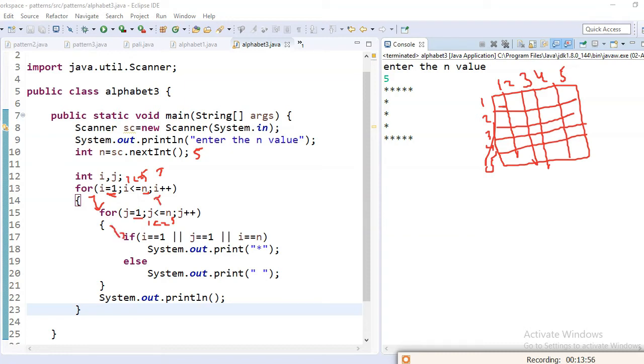So inside the body, what I have written: i double equal to 1. So i value how much now? 1. So i value 1 means it is true. If it is true, the compiler never ever goes to the other condition. Why? Because we are using the OR operator. As per OR rules, if the first one is true, the compiler never ever goes to the next condition. So it will go directly inside the body. Inside the body we have written star. In this position star will be printed.